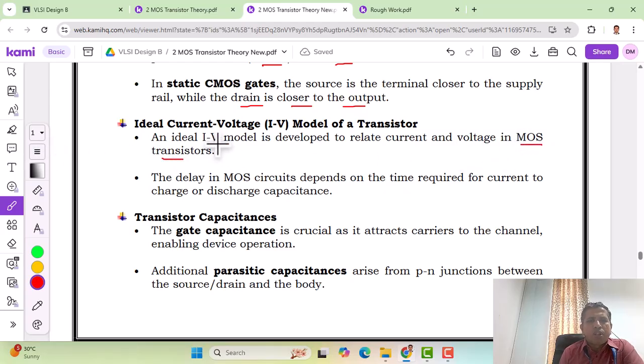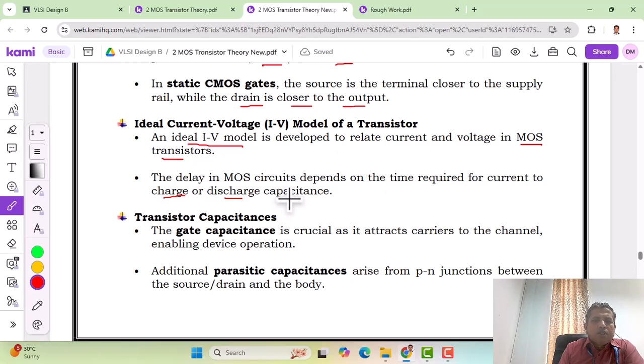That model is called the ideal IV model, and the delay in MOS circuits depends on the time required for the current to charge or discharge the capacitor, because the entire logic gates operate in the form of charging and discharging. So the delay of MOS circuits is measured based on the time taken to charge and discharge the